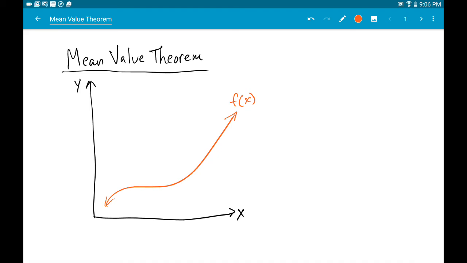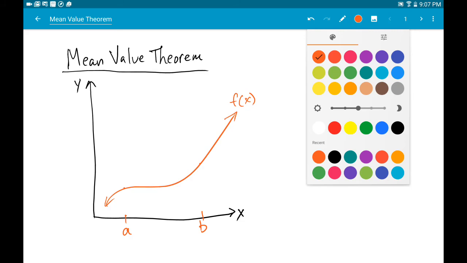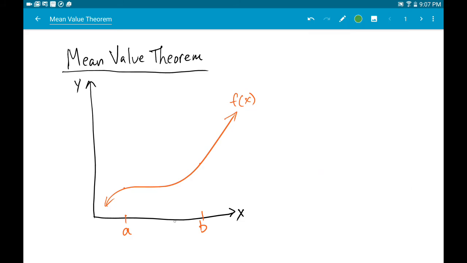Alright, let's take a moment and talk about the mean value theorem. Mean value theorem says if there's a differentiable function on some interval from a to b, and it's continuous at the endpoints of the interval, then there exists a c value somewhere on the interval